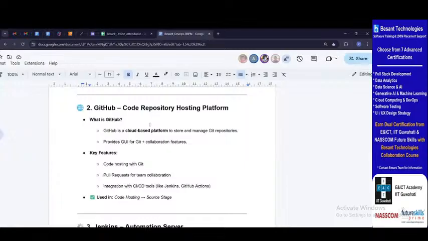GitHub is a cloud-based platform to store and manage Git repositories, and it provides a GUI for Git and collaboration features. Git and GitHub are both very much required. They are like the left ventricle and right ventricle of our heart, right? We have left eye and right eye. Without one